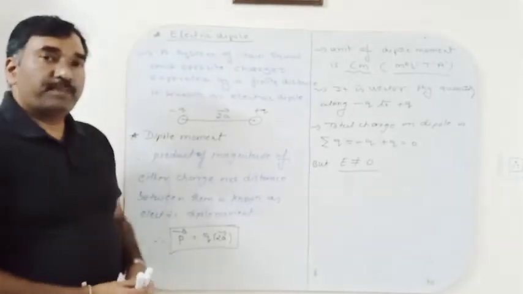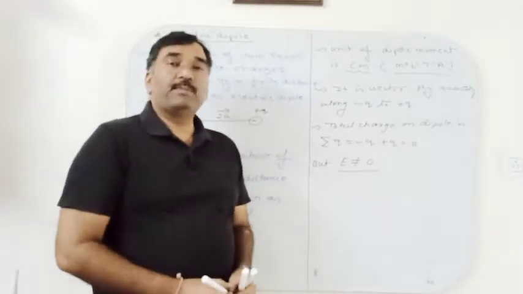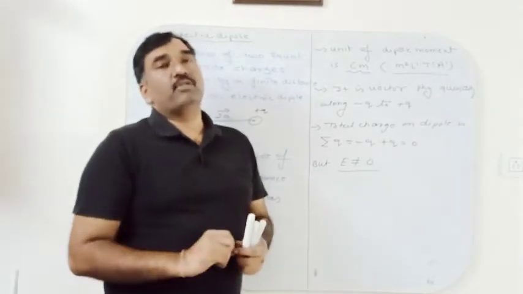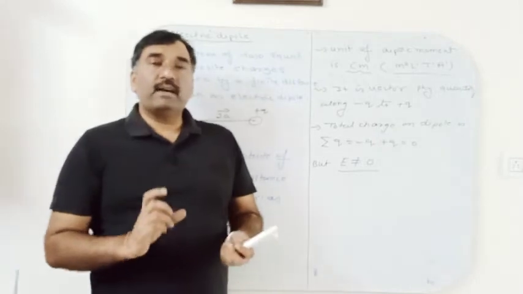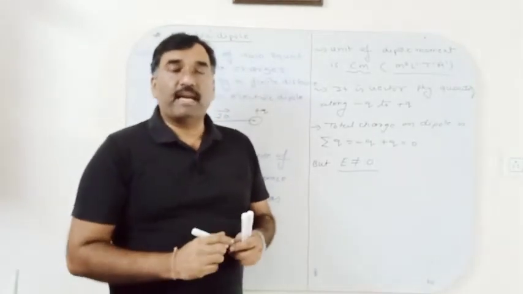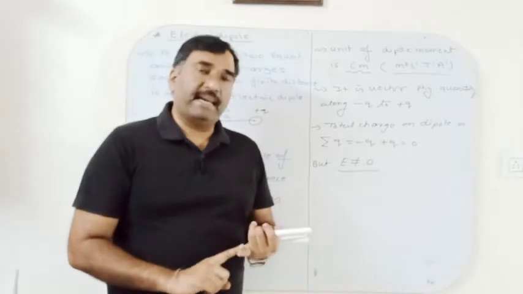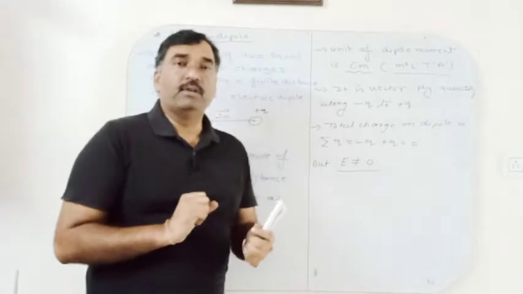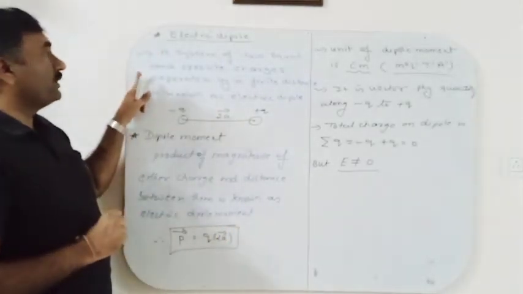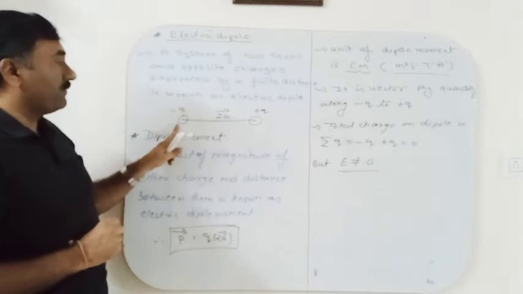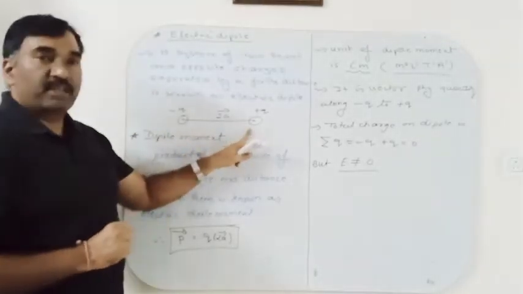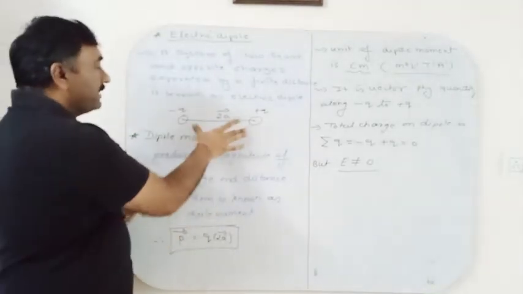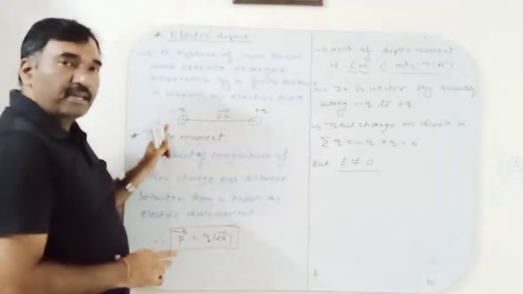Now continue with the next topic, that is electric dipole. So what is dipole? We already know that a magnet is having north and south, two poles. Earth is also having north and south pole. Okay, Earth is also a dipole, bar magnet is also a dipole. Here a system of positive and negative charges separated by finite distance is also known as electric dipole. So what is electric dipole? A system of two equal and opposite charges separated by a finite distance, minus q and plus q, separated by a distance of 2a. It is a finite distance, then it is known as electric dipole.